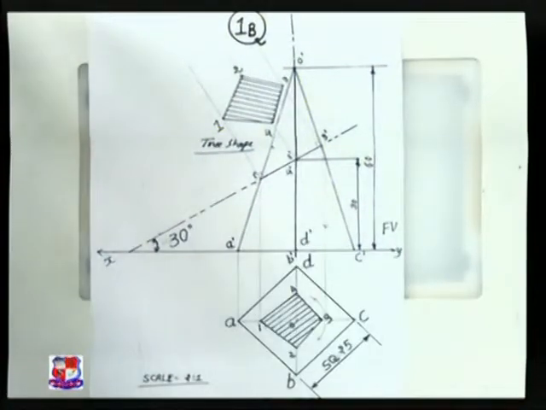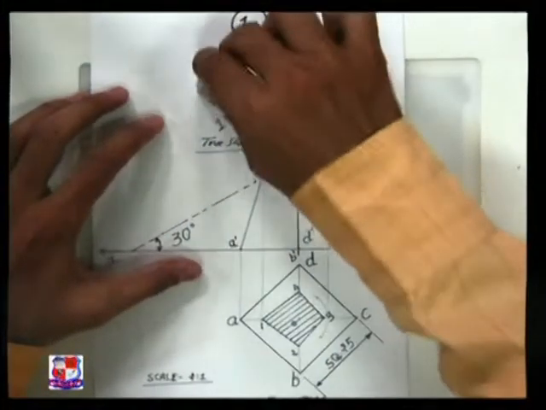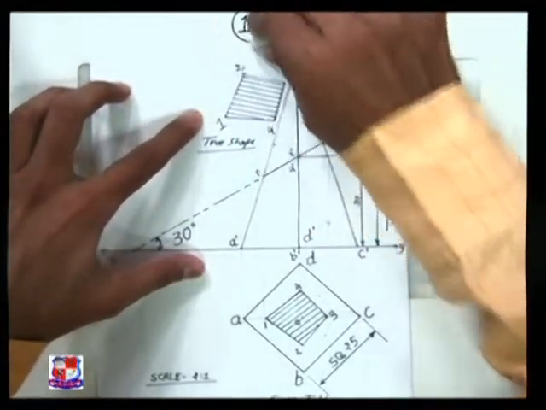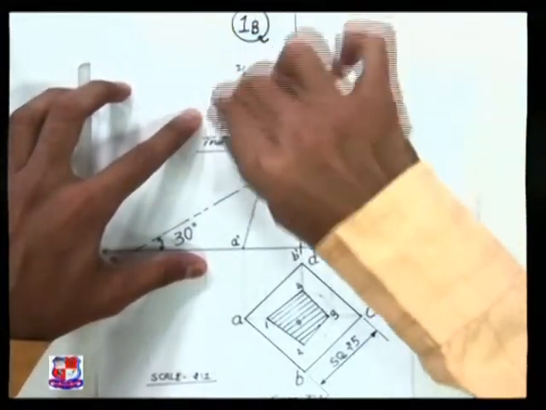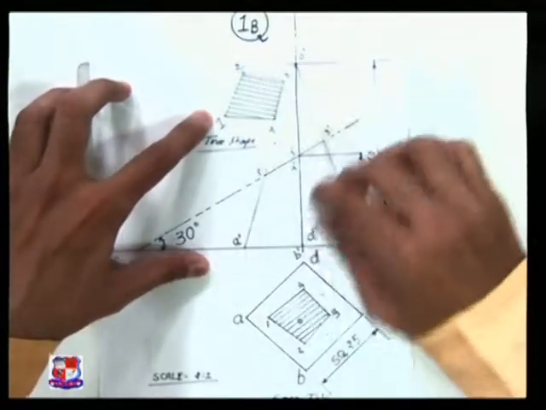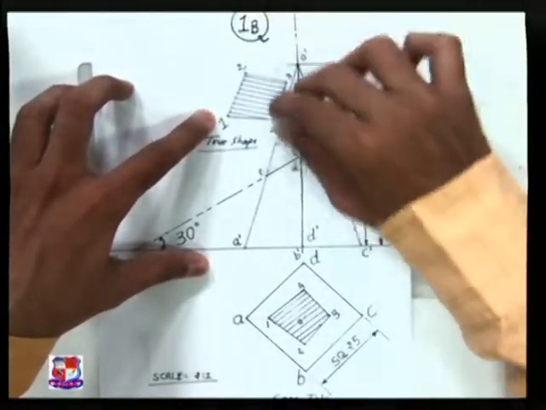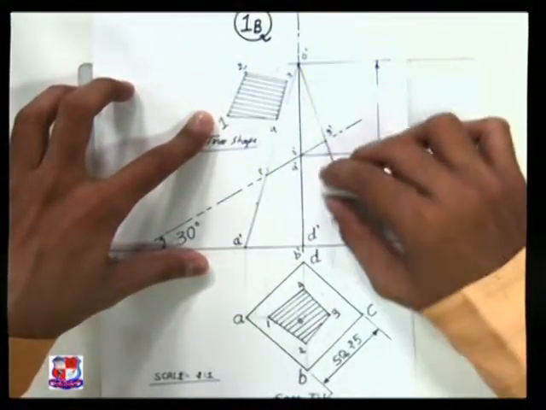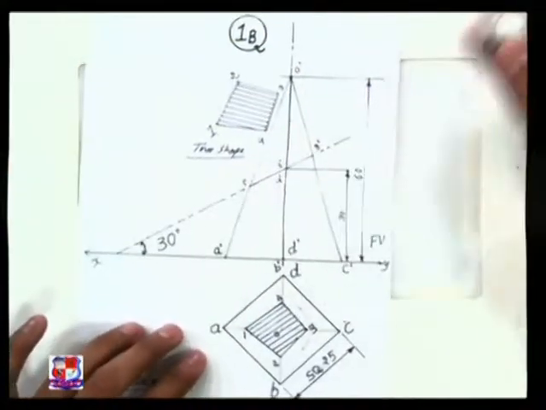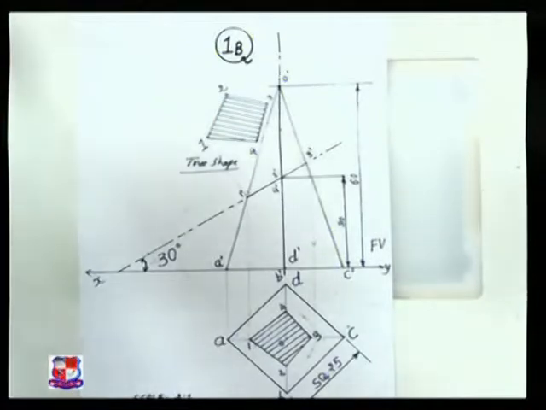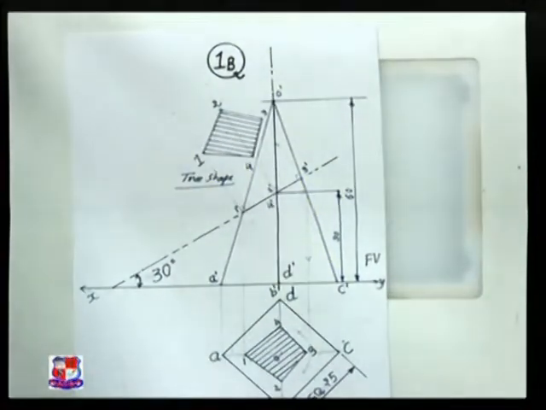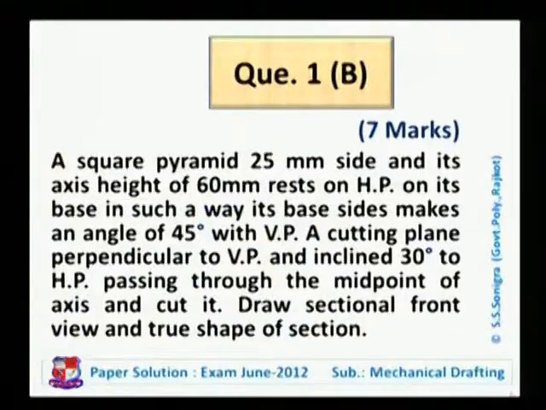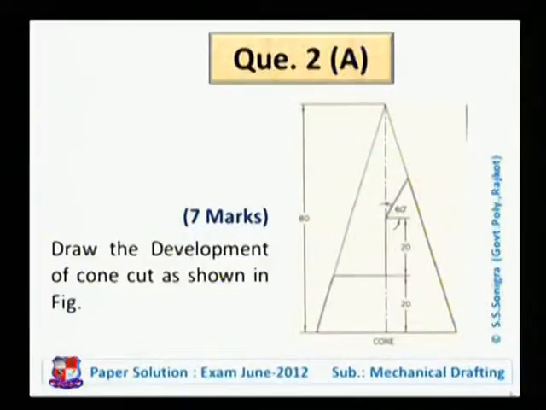In this drawing also, after drawing this figure, we should lighten these lines which we drawn for taking projections. It should be much lighter, it should not be darker, because that is not our answer. Even it should not be fully erased, it should be shown lightly like this. Light line should be visible to us. So that is question number 1b. Now we proceed further for question number 2a.